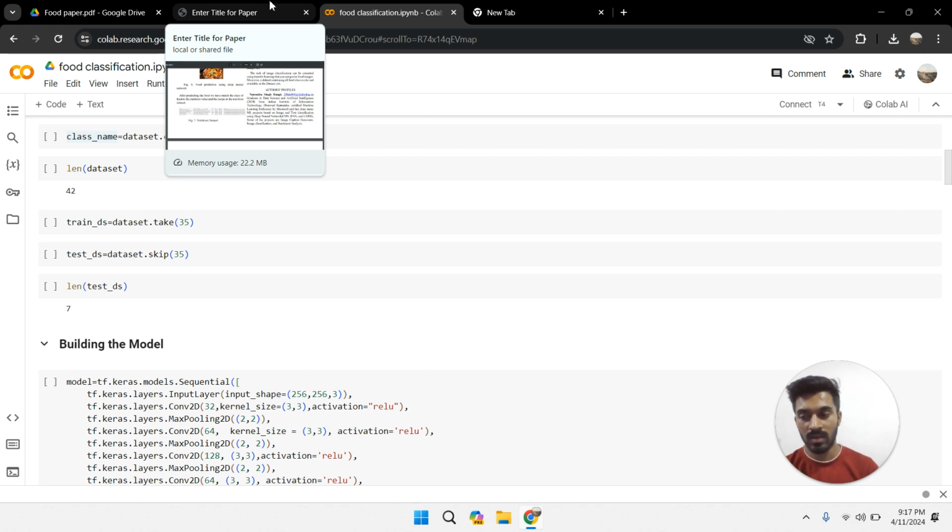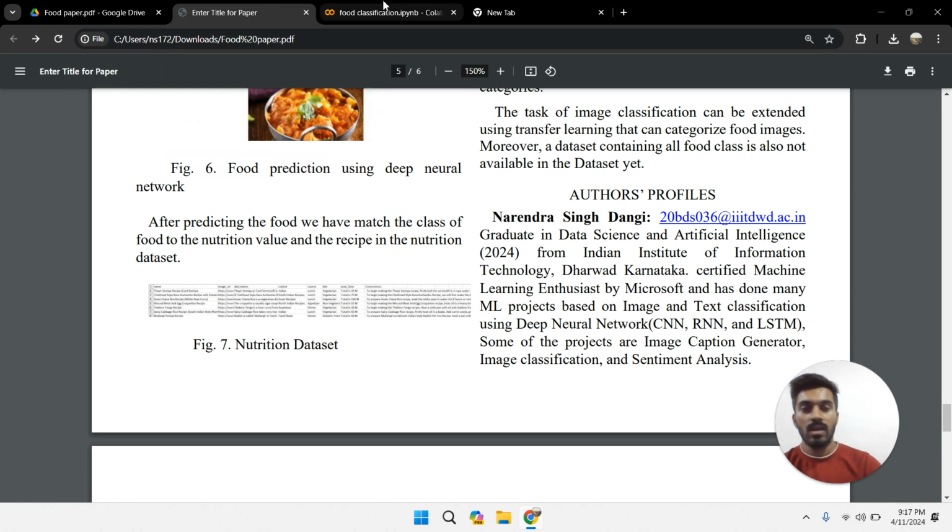After detecting the image, we can pass its name to an LLM model, and the LLM model will give the output, like what the ingredients are, all of this related to food. That's it for today, guys.